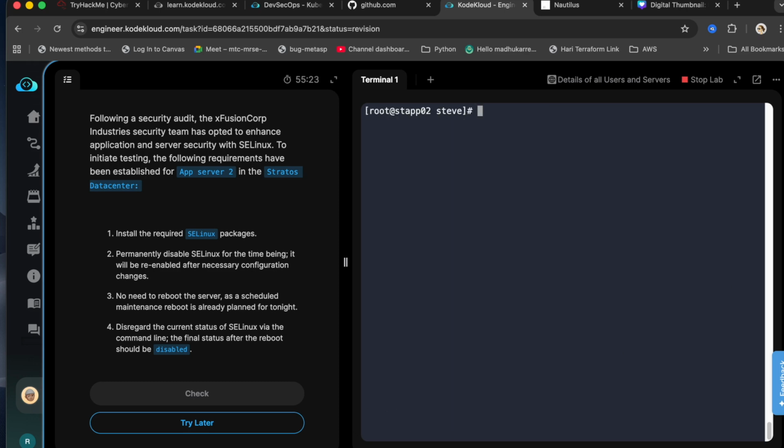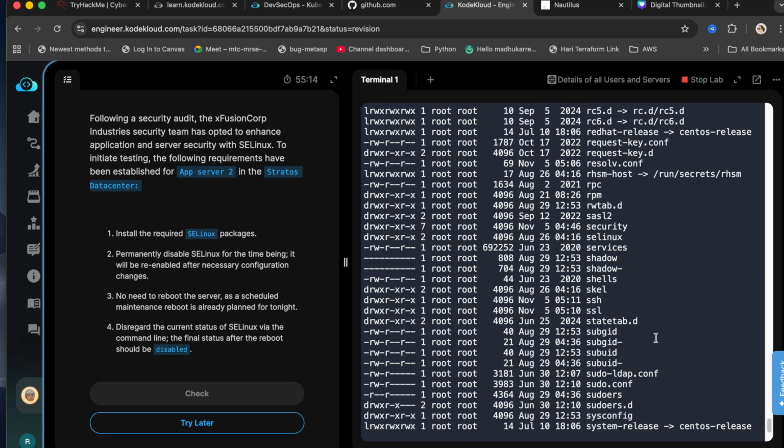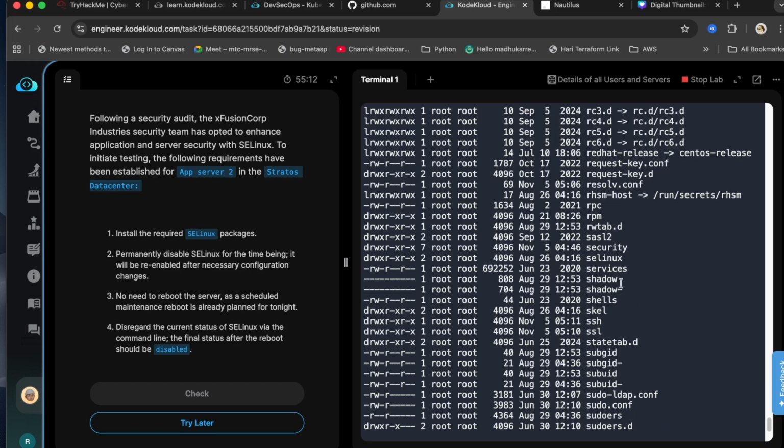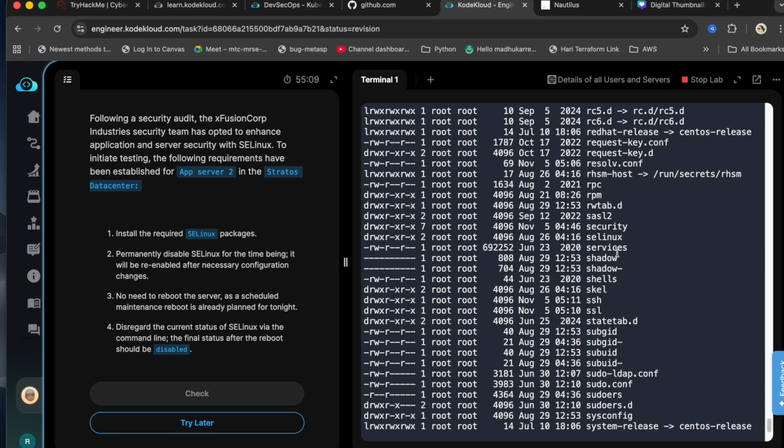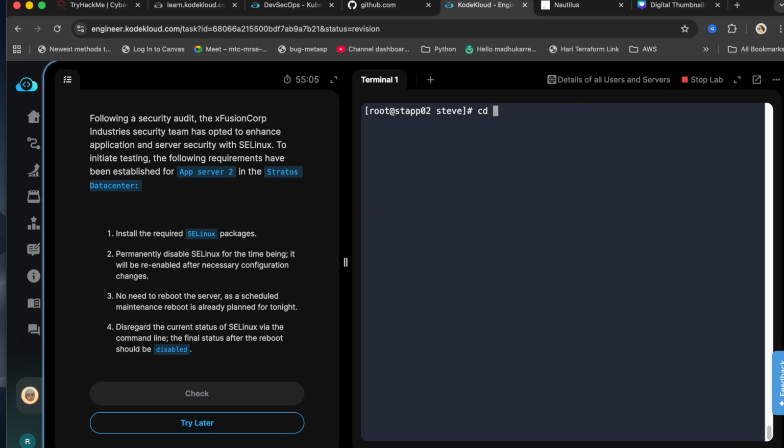Okay, once you're done with yum update, before installing this one, I'd like to show you something. If you look into the /etc folder, you don't see any SELinux things here, right? Oh, we got it. If you go to /etc/selinux, whenever you install something, that thing usually comes in this /etc folder. For now, we got only one file. So once you install SELinux,